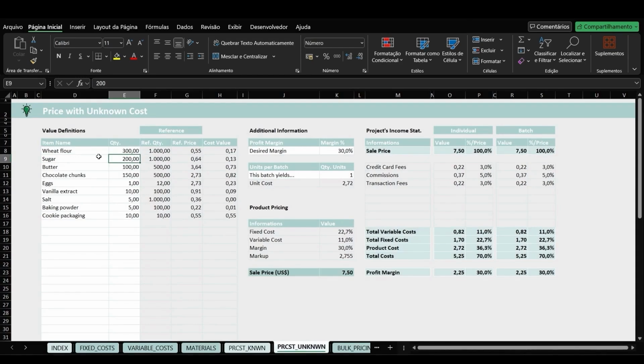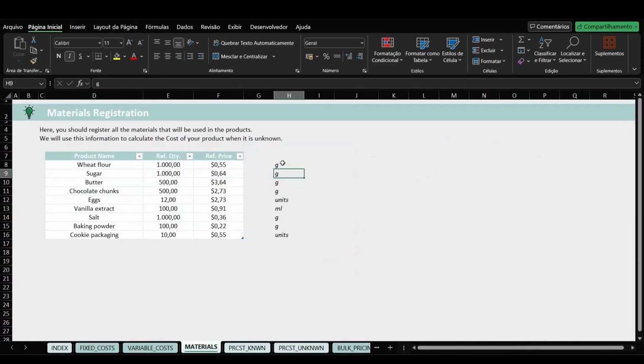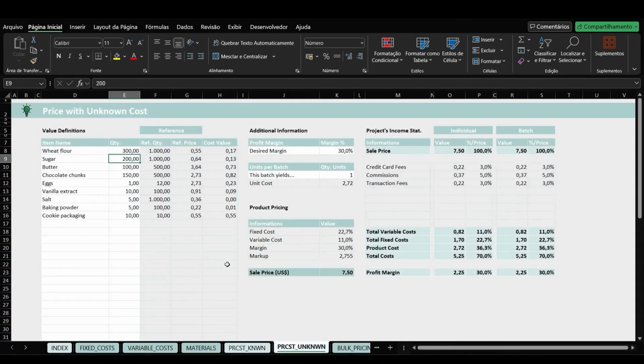And here in the item registration within the recipe, you entered sugar 200 grams, and the spreadsheet understands that the measurement is in grams because you had also registered it in grams. You will do this for all the items that will make up your product. You will enter the name and the quantity, and the spreadsheet will automatically arrive at the selling price based on